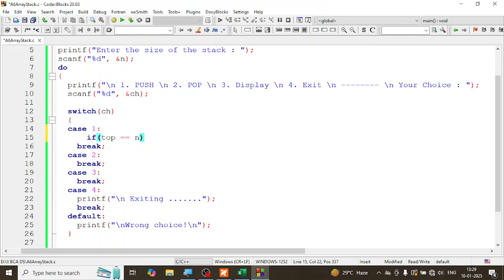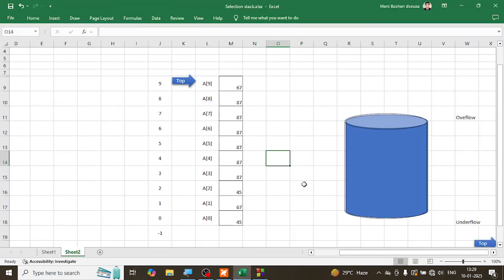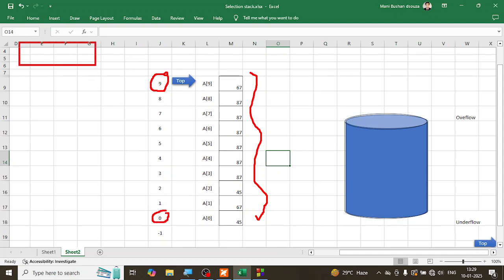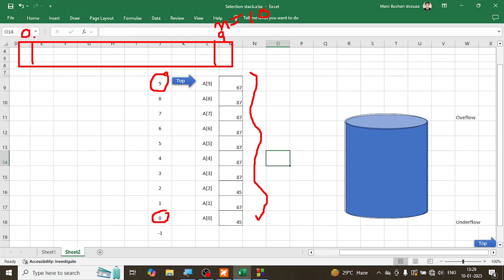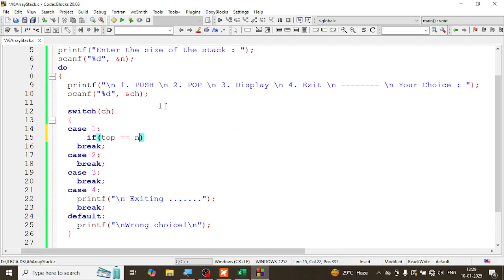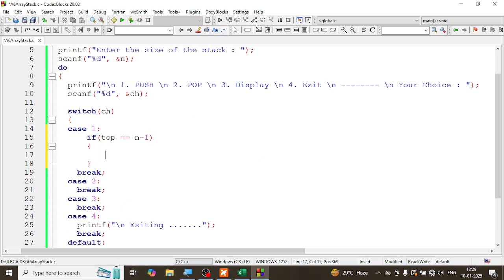Remember, you can't put n here, because in the array, even though you say 10 elements are there, what is the last index value? It is 9. Why? Because in the array, you know very well, you start with 0. So if n is equal to 10, that doesn't mean that the last index will be 10. The last index will be 9 because you start from 0. So you start from 0, 1, 2, 3, 4 up to 10 elements, which means the last index will be 1 less than the n value. So I'm going to just say that if the top value is 1 less than n, then it is